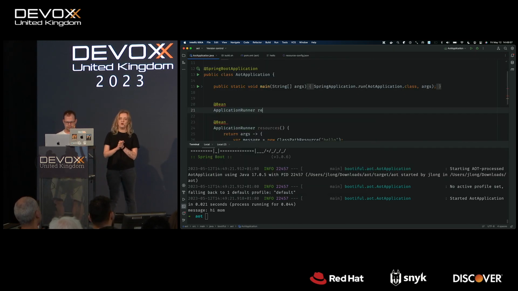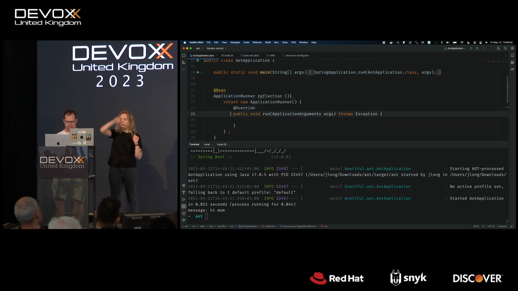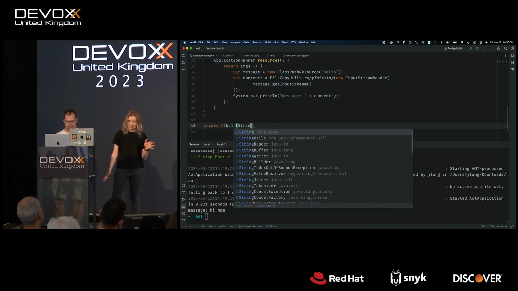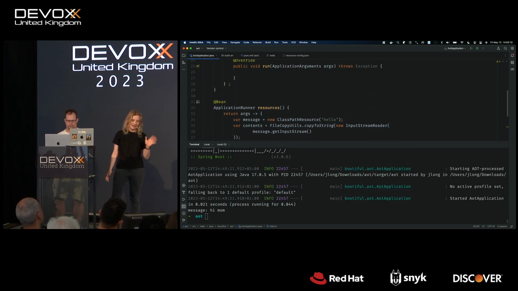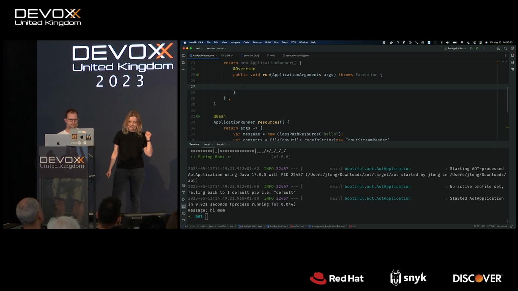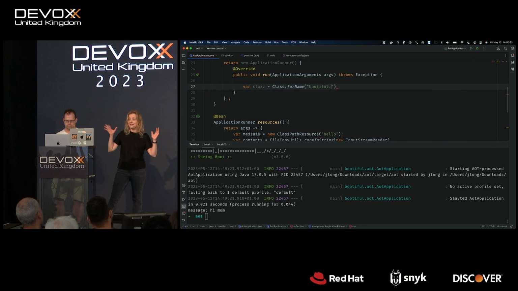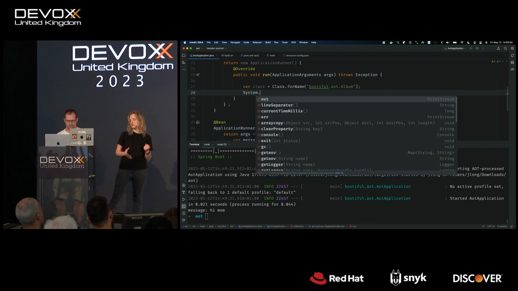OK, reflection. How many people here have heard that GraalVM doesn't support reflection? OK, so fewer, it gets better, but still many people are under the impression that GraalVM doesn't support reflection. And that is not true. GraalVM works with reflection, but there are things to know about it. So reflection itself is very dynamic, as you can tell, right? So for native image, there is no way of knowing where exactly reflection will be happening at runtime. But a good thing is that there are ways to solve this. So one is that more or less predictable, reasonable calls to the reflection API, native image will figure out on its own, and we will show this to you in a bit.